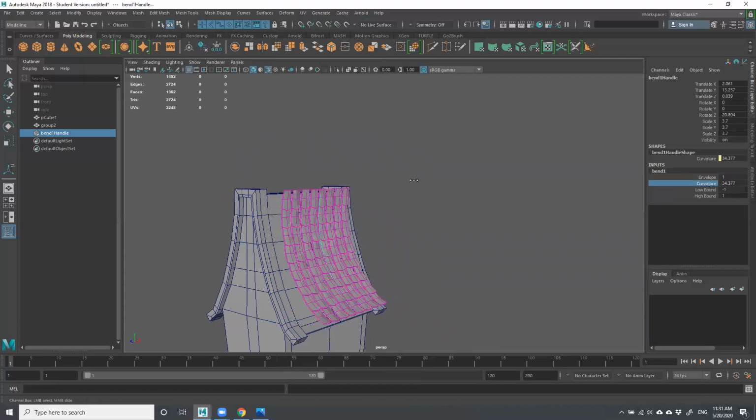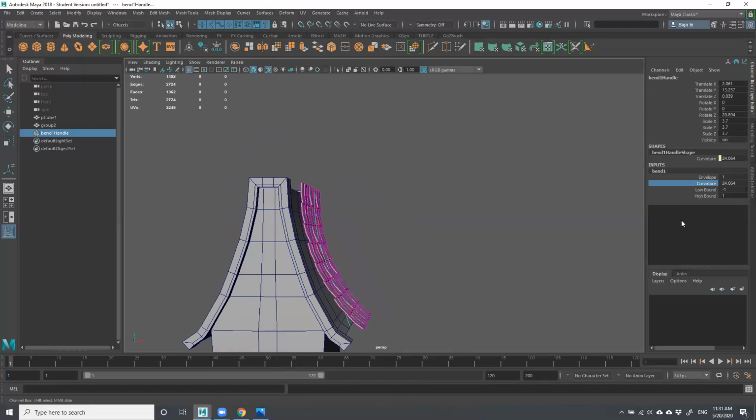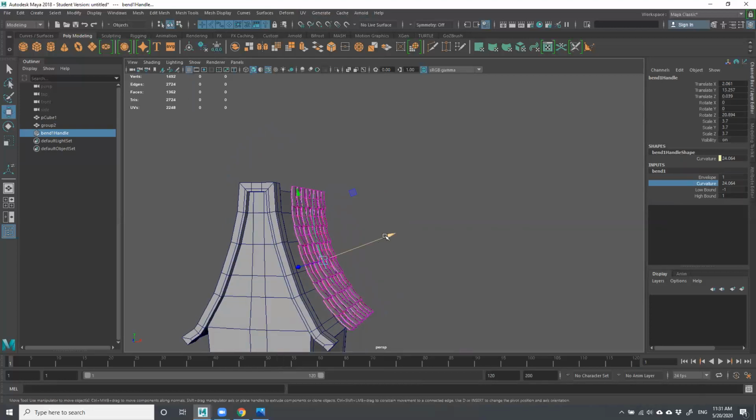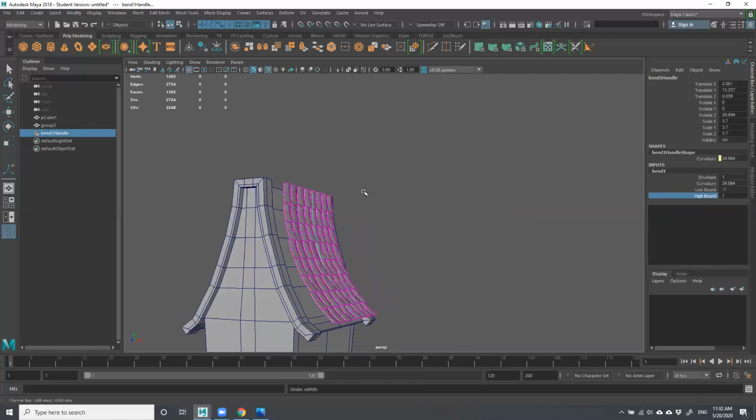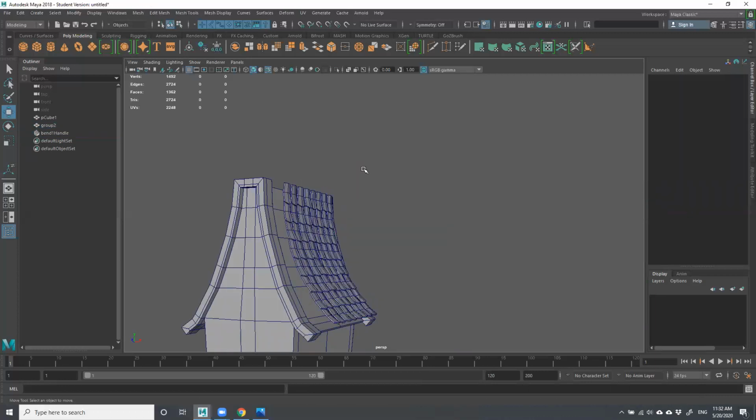Let's try the curvature. There we are. And then here with the curvature, you get that nice sort of round thing to it here. And I bet how you move this line kind of determines some of that. You could choose to limit it here by, say, the low bound and the high bound. So let's say you're here with the high bound, you want it to be around that spot here. You could do that. Or I could probably just take this here and just,